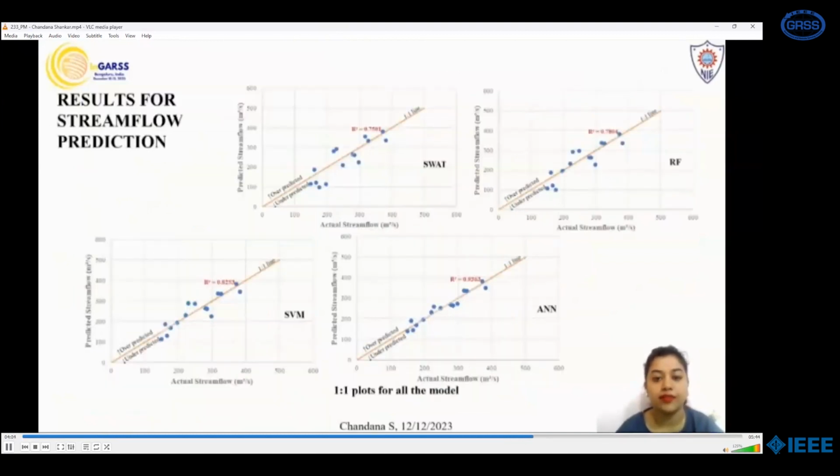Now, the streamflow prediction using the hydrological model and a machine learning model has been plotted using the 1:1 plot with its under-prediction and over-prediction results. For all the actual and the streamflow predictions, the ANN outperforms the other models with an R-squared of 0.94. Extending our analysis with the training and testing